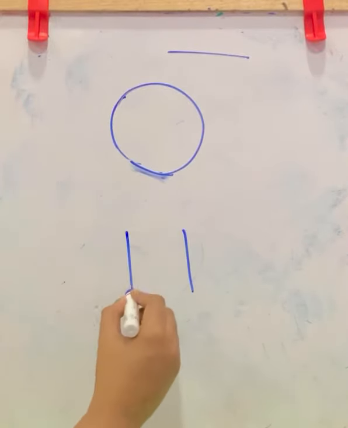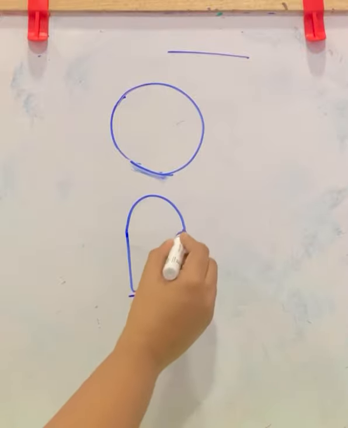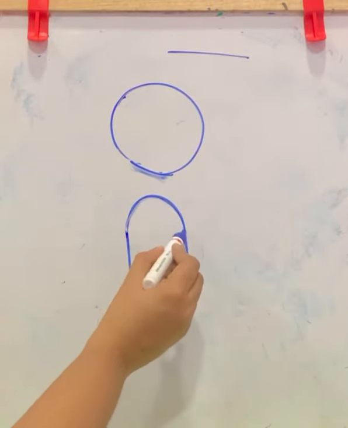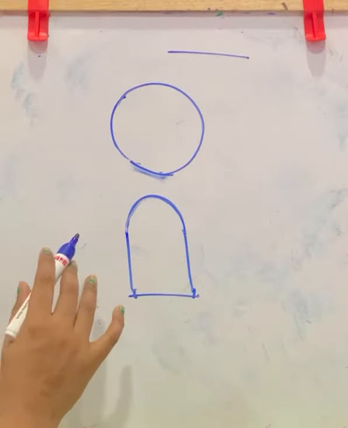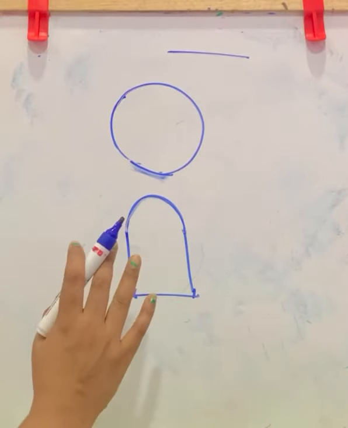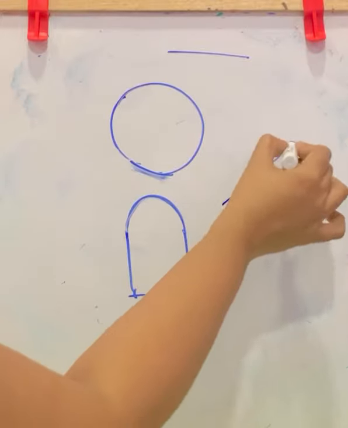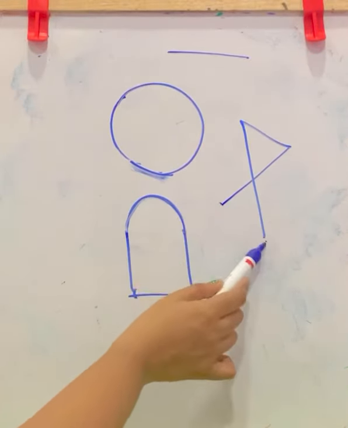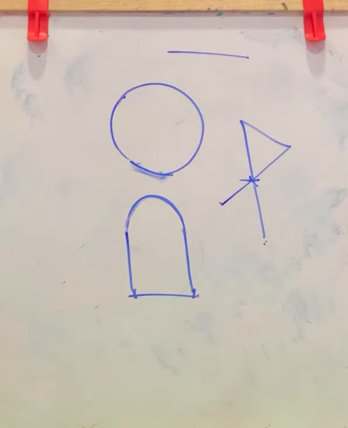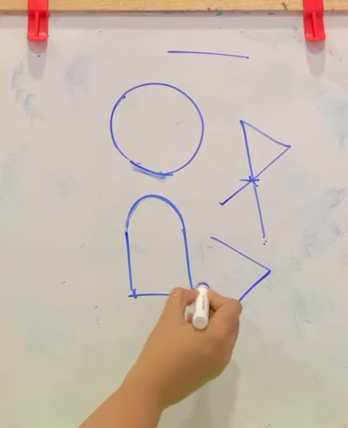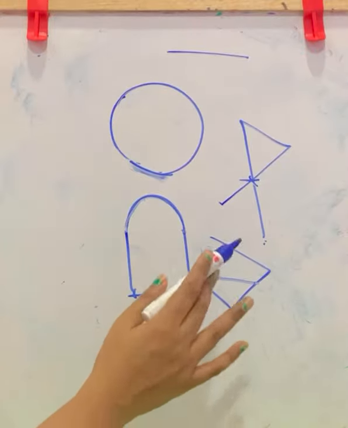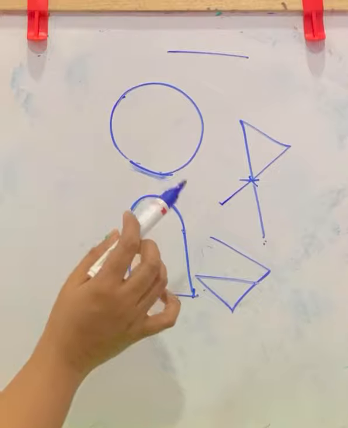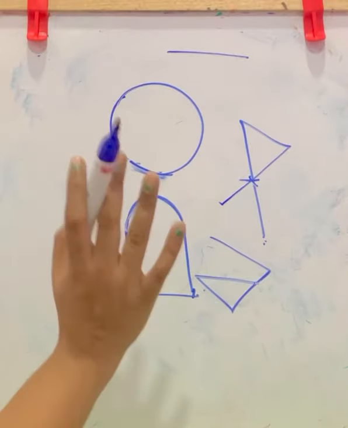If you are considering this, it is not a polygon because here this is not a line segment. This is simple and closed, but this is not a polygon. Now what about this? These are all line segments, but this is not closed. This is not simple. Now what about this? This is made up of line segments. This is simple, but this is not closed. So you can say this is not a polygon.